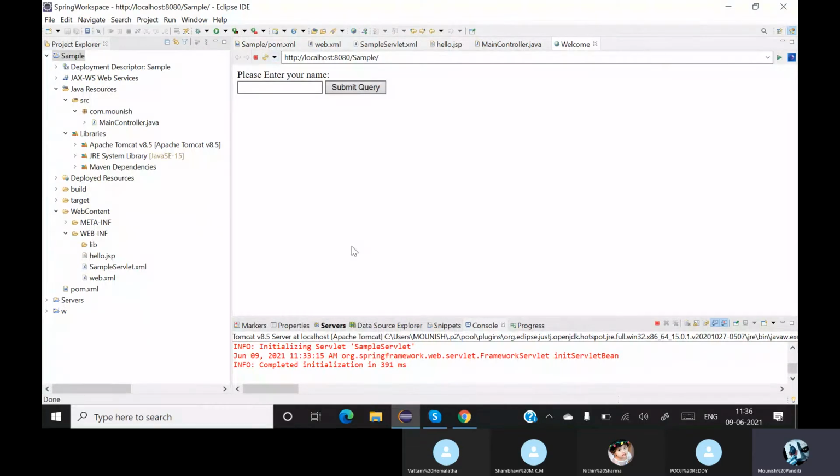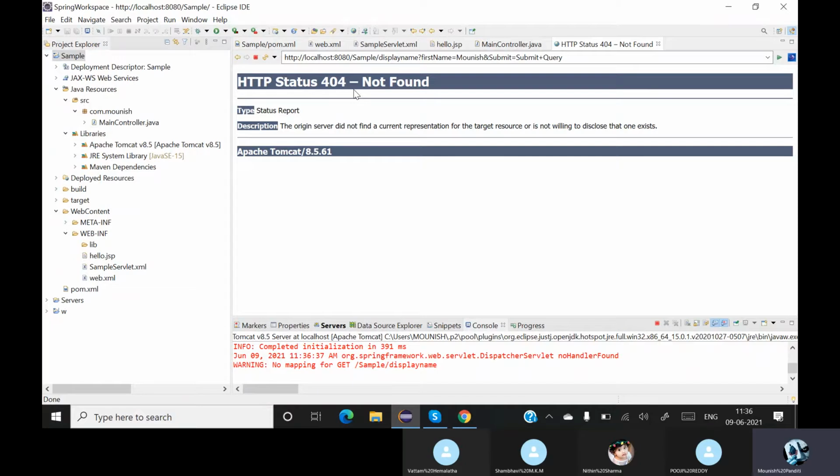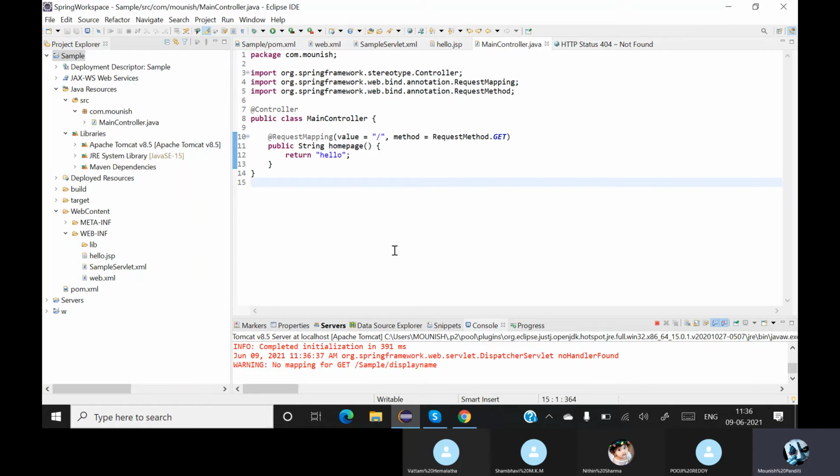Refresh. I'm getting my name, right? So let me enter a name, submit. It will give me an error. The reason why it is giving me an error is after submitting the query, it doesn't know where it should go. Okay, now let us create a method of where that should go.